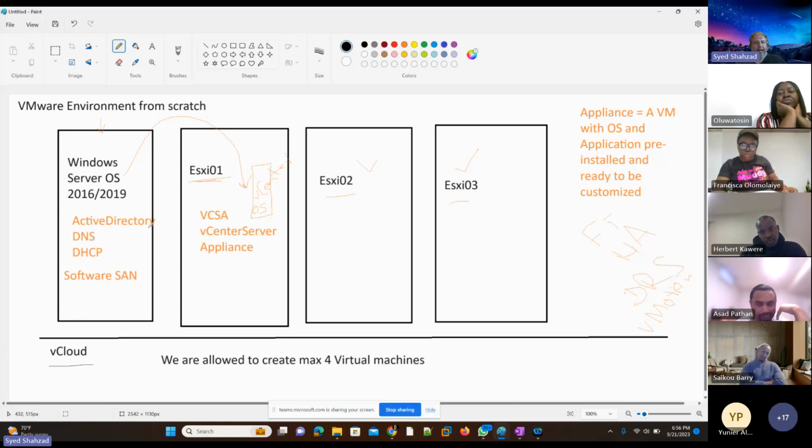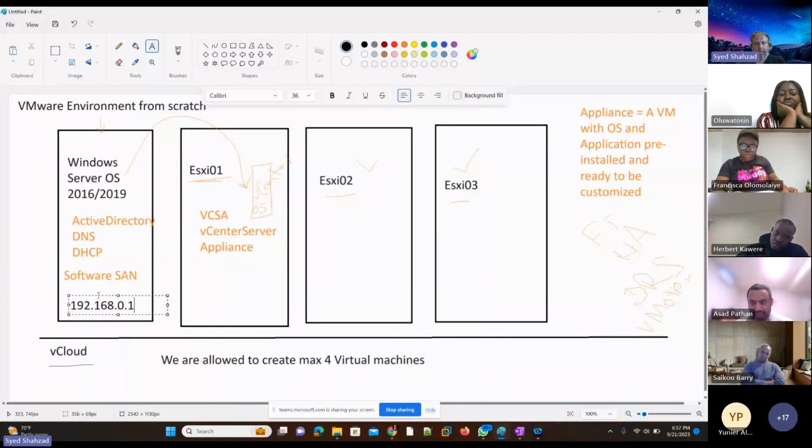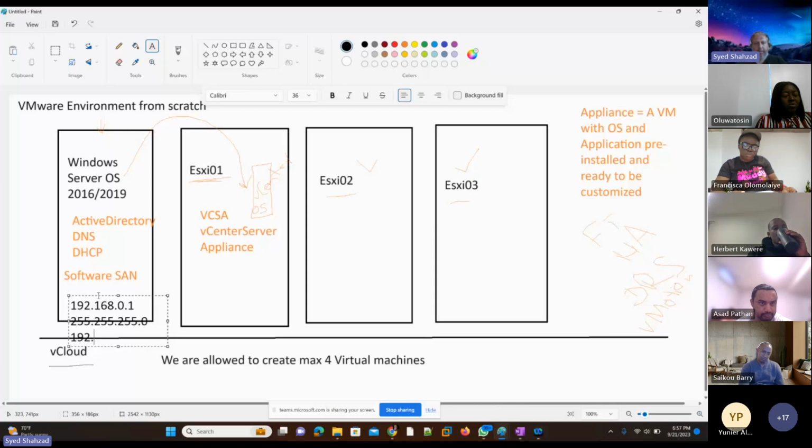This means if I put here an IP, and obviously we need to put some IP here, it's 192.168.0.1 and 255.255.255.0, and the gateway. We don't have a gateway device for our network, so we're going to pretend the first machine is our gateway device. We're going to just pretend we don't have one in our network. We don't need one as well. So the gateway could be 192.168.0.1